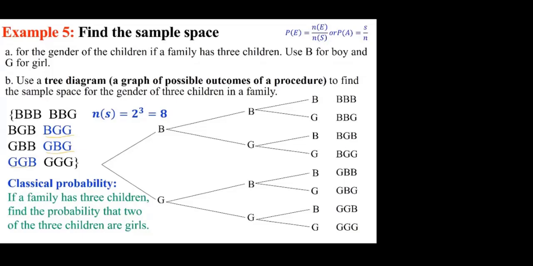And of course, we really need to understand the meaning of it. So I'm going to repeat because I said that last time, but it's extremely important to understand the meaning of BGG versus GBG. When you look at the first one, this means the first birth was a boy, the second one was a girl, the third one was a girl. Whereas GBG means the first one is a girl, the second one is a boy, and the third one is a girl. And so there are 3 of them out of 8. So that's how we arrive at 3 over 8.